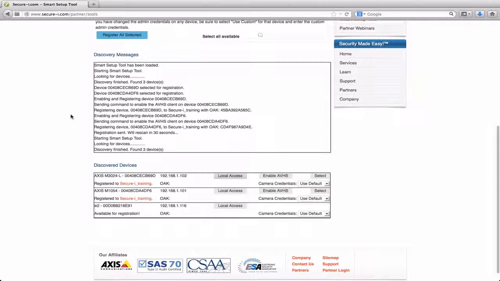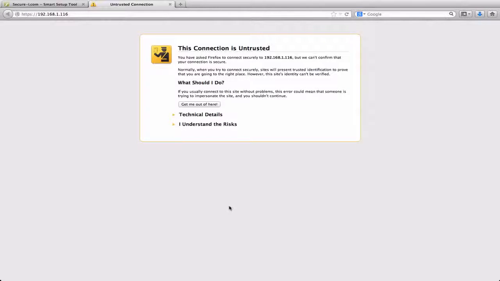Okay, now we've connected our cameras and we've loaded Motion Detection 2.1. Last step in the module is registering NASs. So again, we've got our NAS here at the bottom, and to register it to the service, we're going to click Local Access, click I understand the risks,